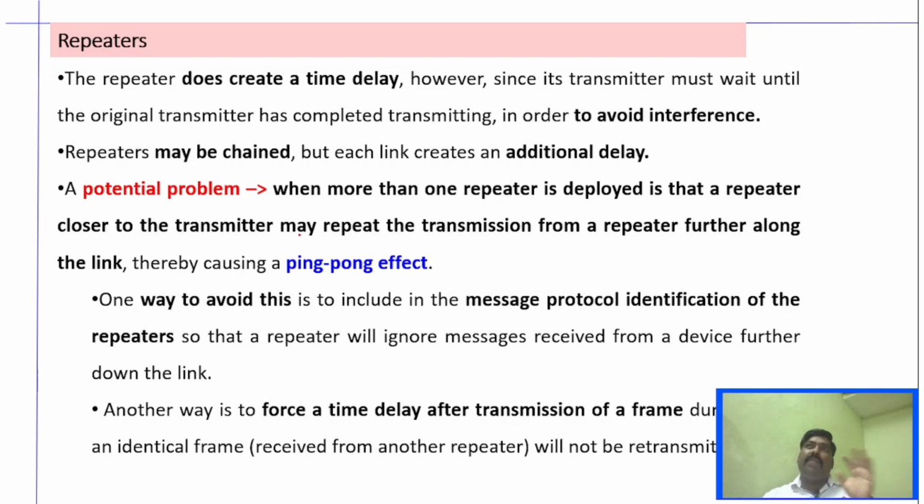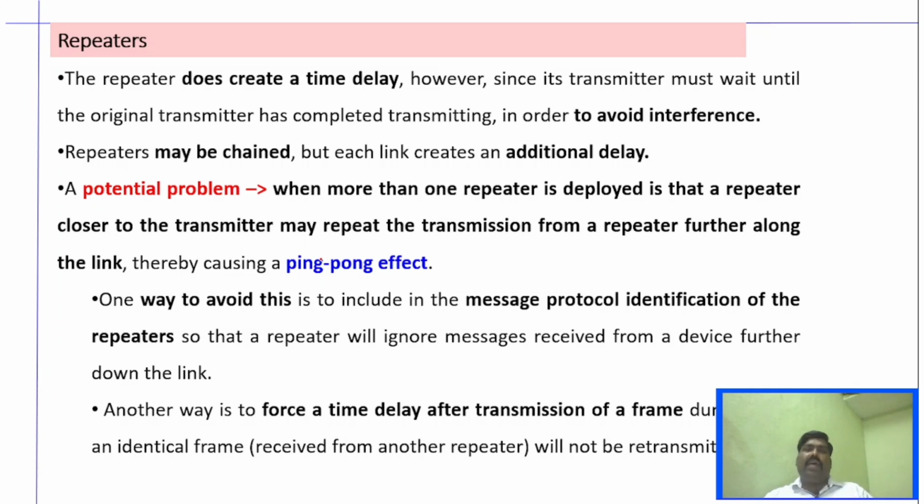And the predominant problem here is that there are chances that the repeaters can repeat the same signal, or a particular signal can be sent back and forth between two repeaters. That can be done, right? That can be